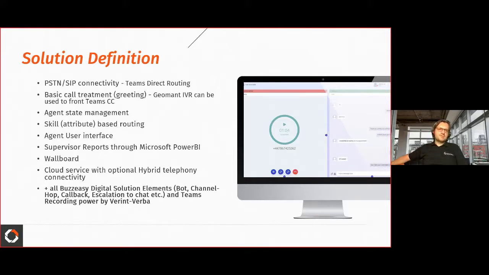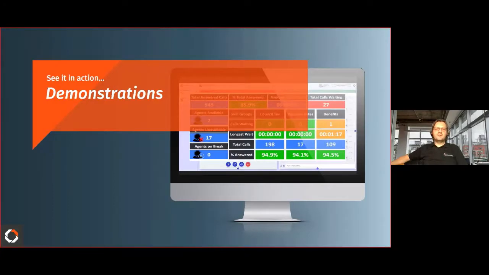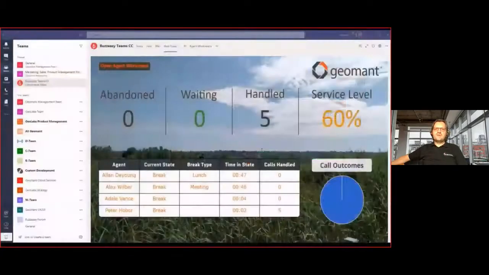Also important to mention that we integrate this with the Teams recording that is powered by Verint Verba. There will be another session by my colleague about this, where we will also present our solution on the Teams recording. So let's have a look at the solution itself, and let's see the demo.